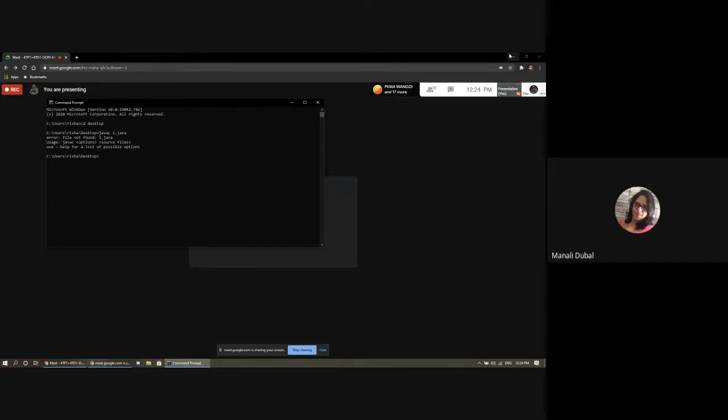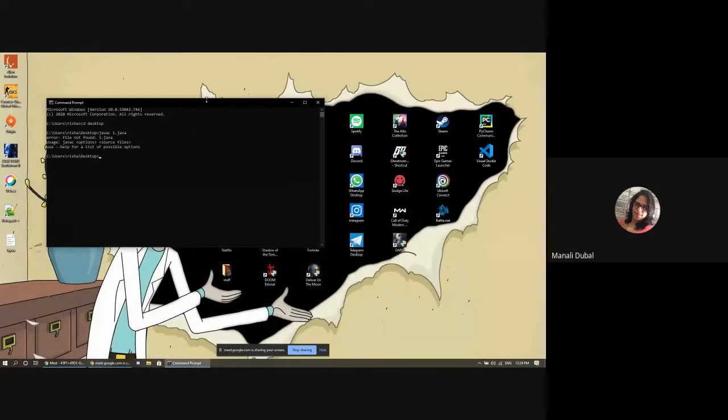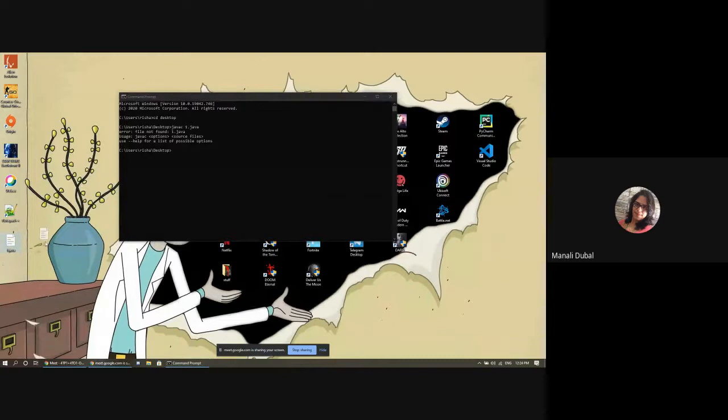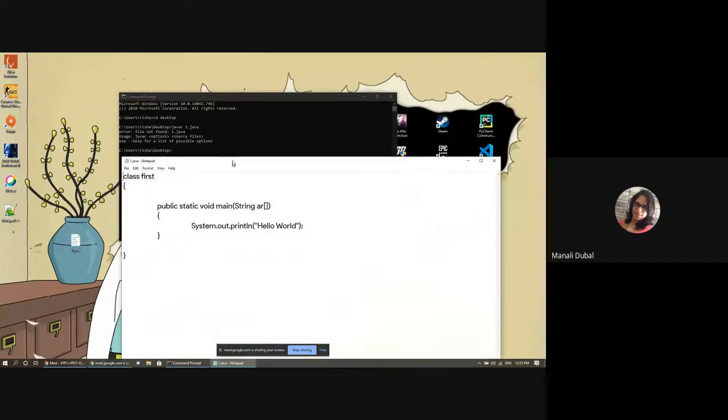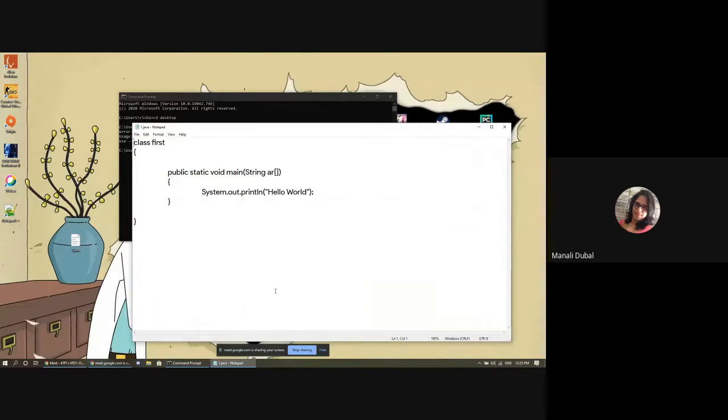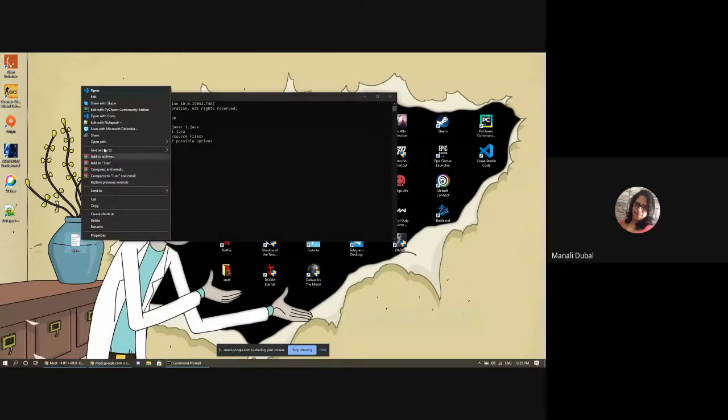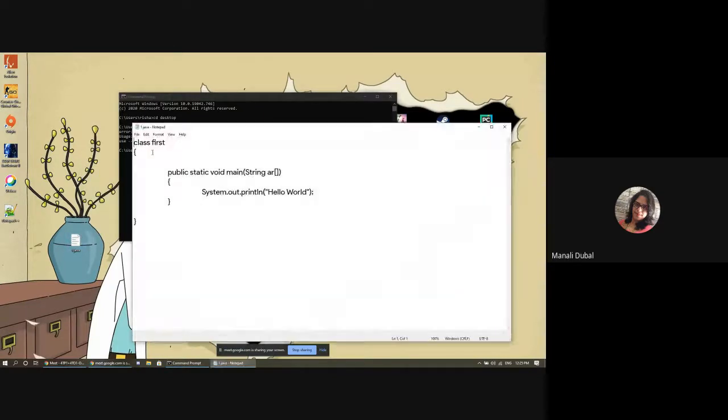Okay, go to desktop, show it to me. Okay, right click first.java, edit with notepad. Yes, Notepad++, yes. Class first, all right. Can you go to file and click on save as? Okay. Yeah, in notepad itself, yes.